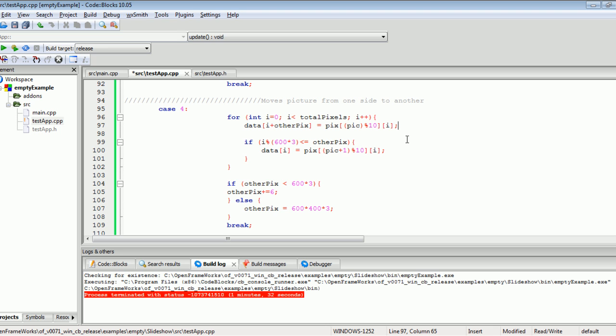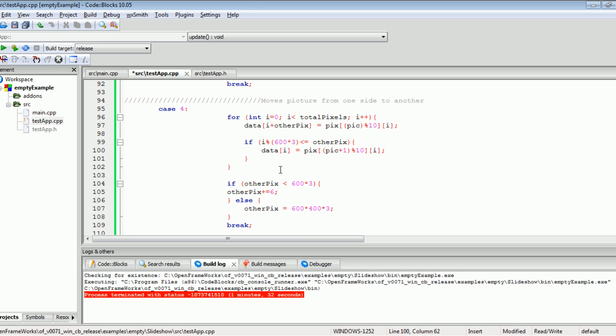And then we have an if sentence in the same loop that says, okay, if that i modulus of 600 times 3, which is just width, or is it height? No, it's width. It's width times 3, which is times 3 colors. So if that modulus is less than other pixels, it can also be just less, I guess. I don't remember if that's for this one. Anyway, then it runs this sentence, which just gives another picture,